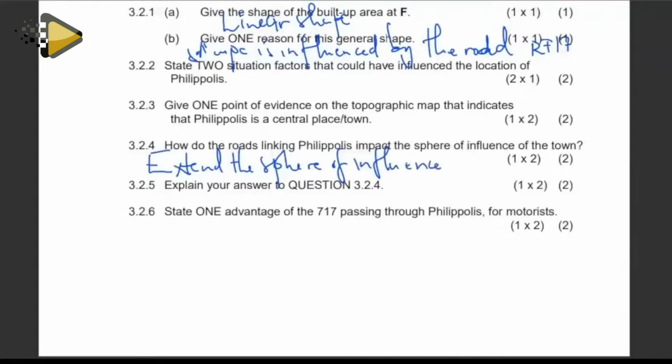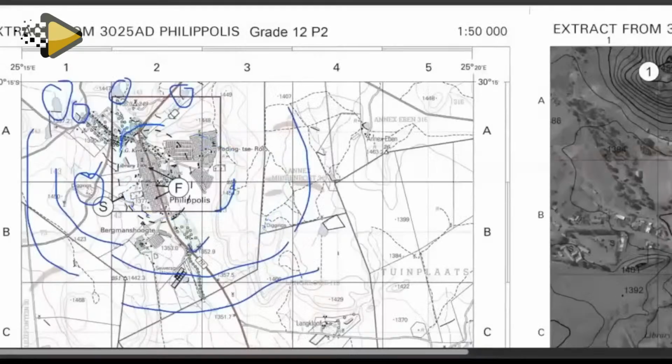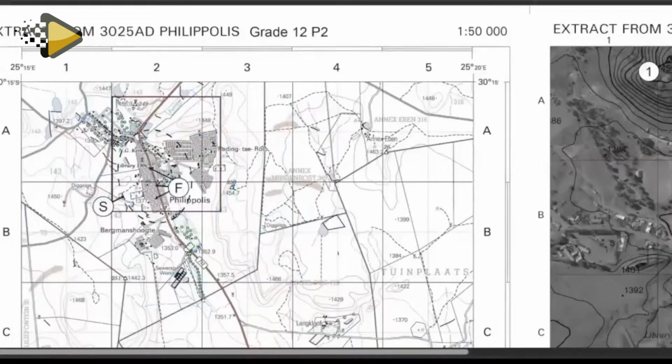How are they going to extend the sphere of influence? Because of ease access. If a place is easily accessible, it means people are willing to, and are able to travel from longer distances to go and access services in that particular central place. Like if we check on our map, let's see if we check on our map,